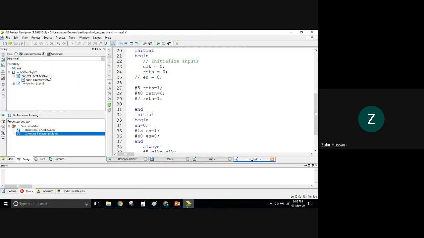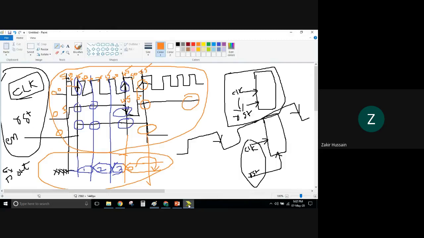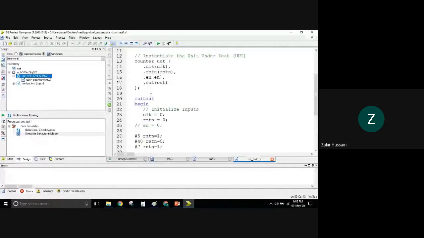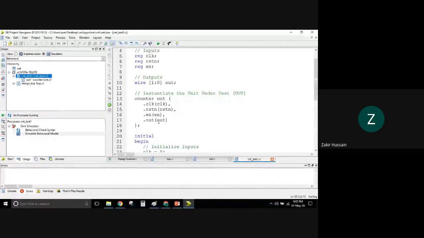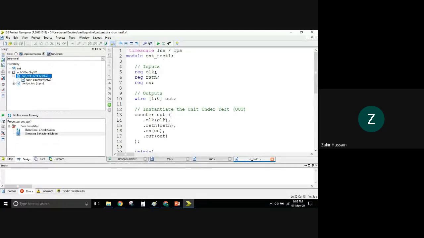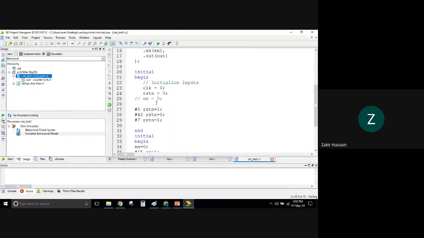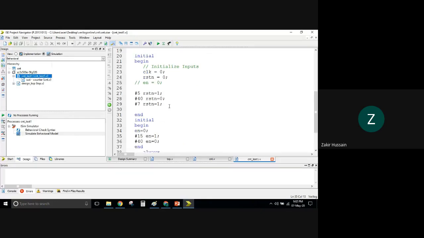Let us go back to this portion. We made everything correct here. I am just going to my test bench. This I commented here, and I took it out here. This is my counter, with 1 nanosecond, clock, reset, enable. This is my count, and I tied everything here. I bound it properly with the counter, and this I removed. This is a clock here.